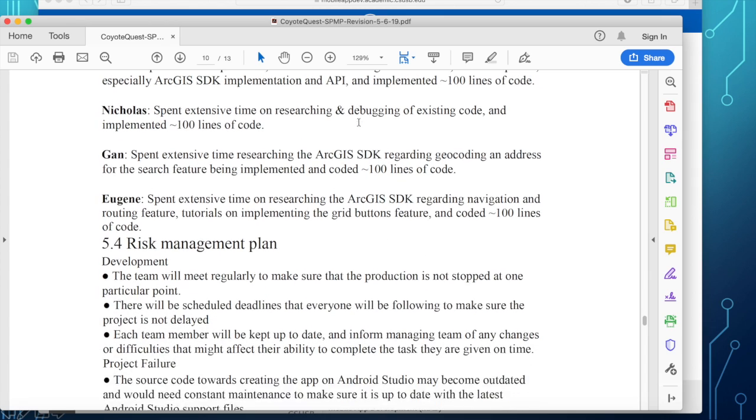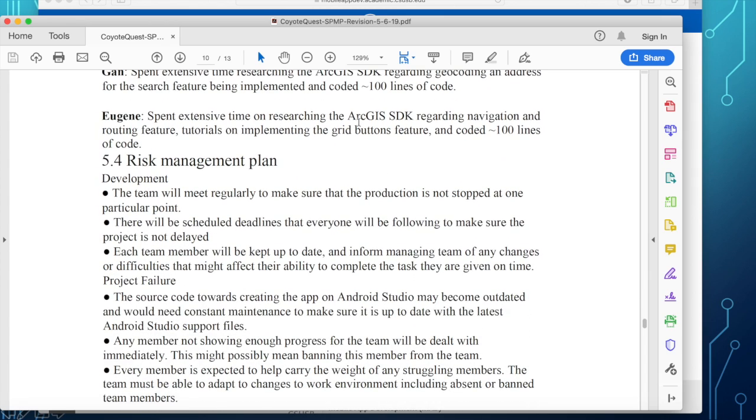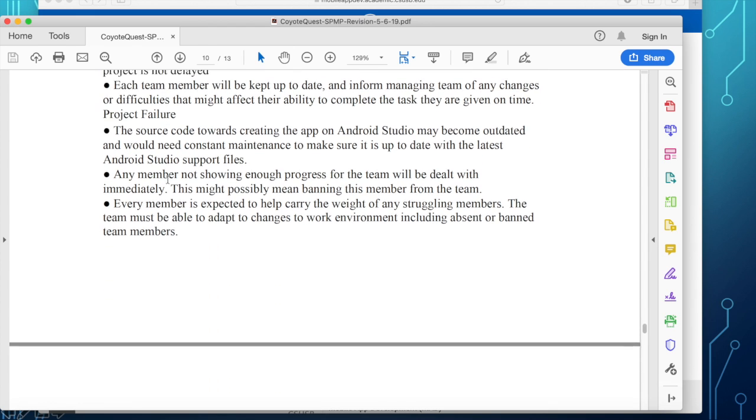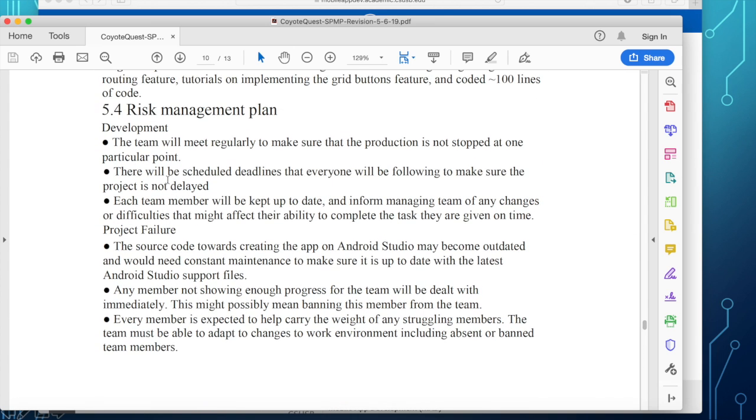Okay? All right. So, risk management plan, as I have said, you have to identify things that can go wrong. In this example, they talk about development risk here and what can go wrong in the development.